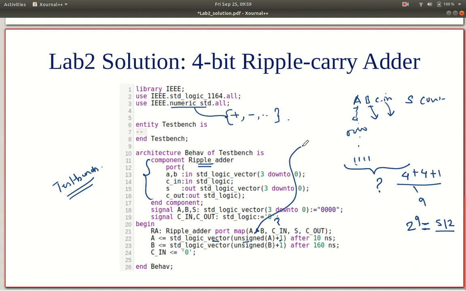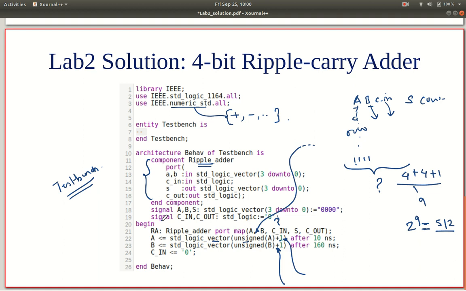So for the entities that you want to describe, try to understand what the hardware will look like. Whereas in the test bench, we just want to create patterns and apply them to the inputs. So do not hesitate to use these high level library functions or high level descriptions of these library functions to generate patterns on the input signals, but restrict the use of such things to the test bench, at least in the beginning.